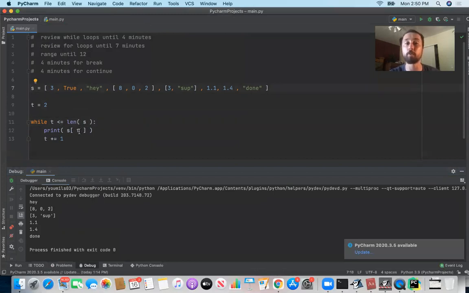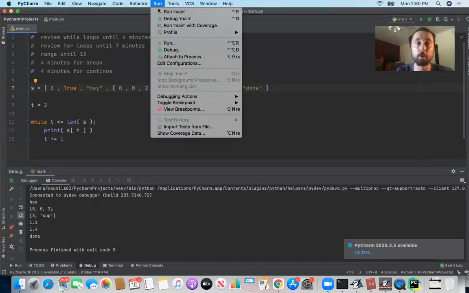So are you allowed to plug the length of s into an index? Is the length of s an index position of s? No. We said that the index positions of s start at 0 and go up to the length of s minus 1. So the index position of done here is the length of s minus 1. It would be, like, 5, I think, or whatever it is. But here, if you go ahead and run it,